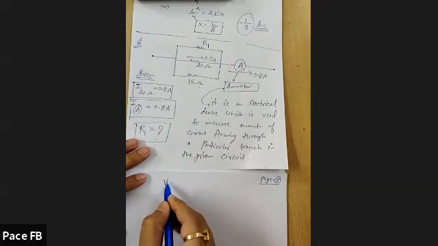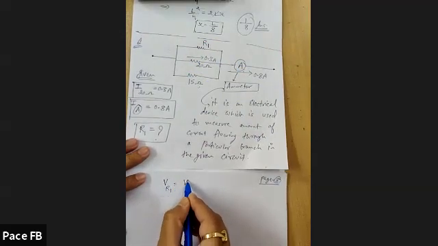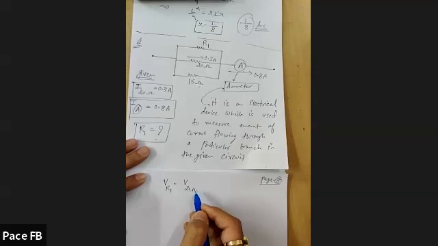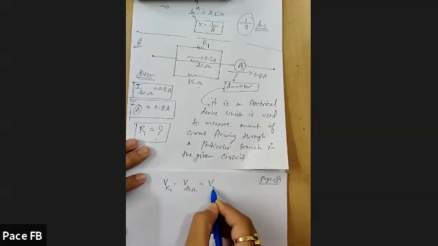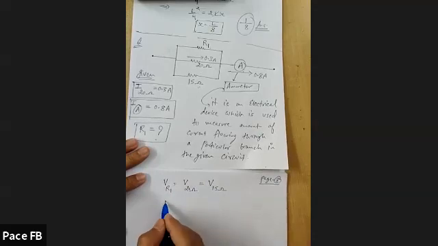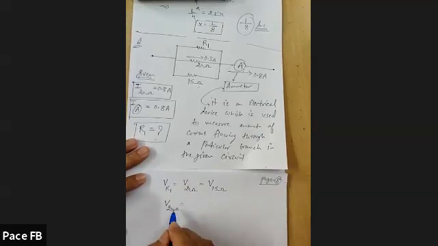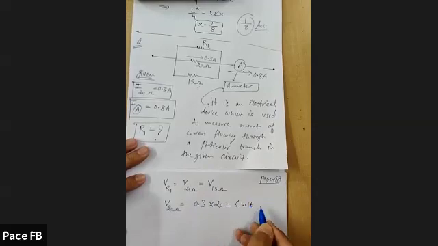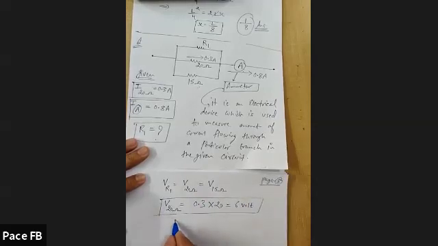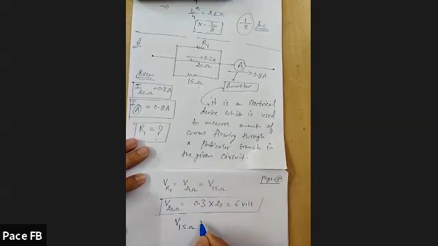So the potential difference across R1 is equal to the potential difference across 20 ohm, which is equal to the potential difference across 15 ohm. Can you find the potential difference across 20 ohm? The current and the resistance are given. So it would be current 0.3 multiplied by resistance 20, which is 6 volt. If this is 6 volt, then the potential difference across 15 ohm would also be 6 volt.